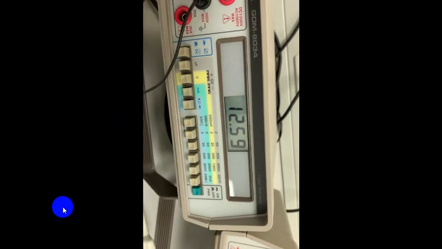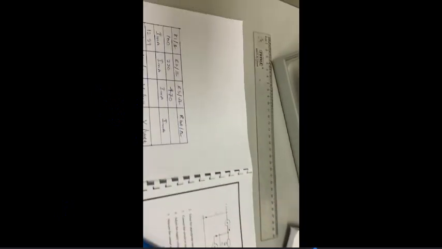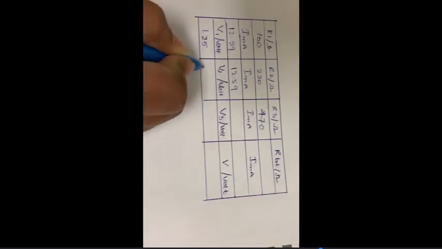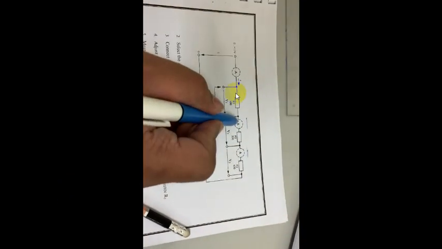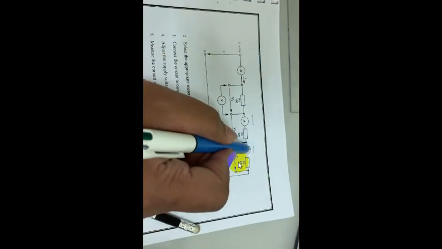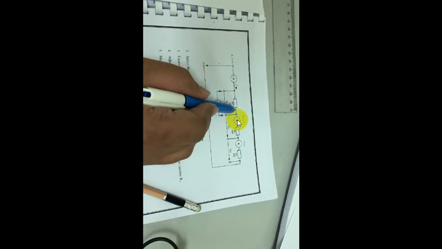Now you can see the current is the same. In this scenario the current is the same, but the voltage is changing. The current is 12.59, the same, because in series the current will not change. So now the voltage drop across each resistance is different. R1 is 1.59, and this one is 2 point something. So now, the voltage drop across this, and now I will calculate the voltage drop across R3